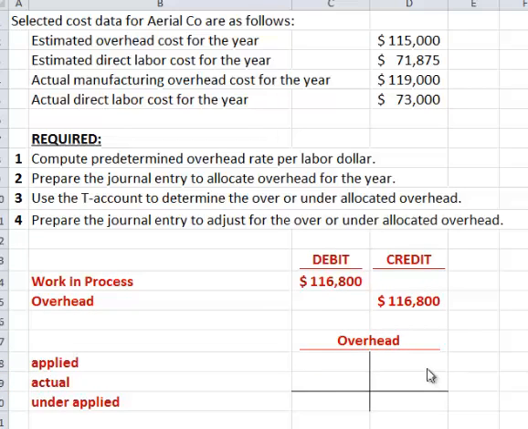So here's the overhead account, and it was credited here by the overhead applied, and the actual they tell you was 119,000. And so did we over or under apply? We under applied, so we're going to have this dangling debit here